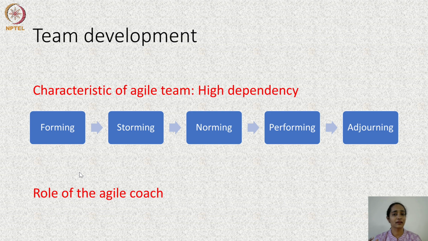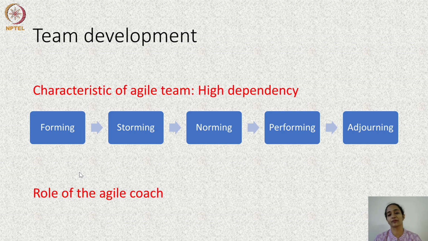Now, in other kinds of teams, the next phase would be the adjourning phase, which is when the team delivers the final product, evaluates its performance, and shuts down the team. However, usually in Agile, teams are long-standing teams. Therefore, we do not put a lot of emphasis on the adjourning phase, but that does not mean that the adjourning